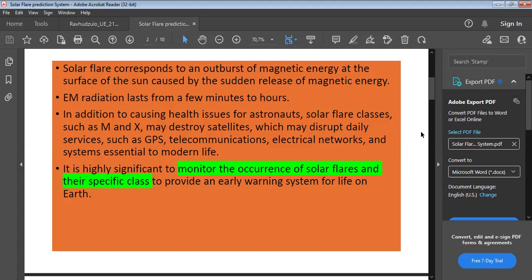A lot of studies have mentioned that solar flare classes M and X are the most dangerous compared to the rest, although all the solar flare classes cause issues. Solar flare events may cause health issues to astronauts due to the exposure to EM radiation, and to life here on Earth,